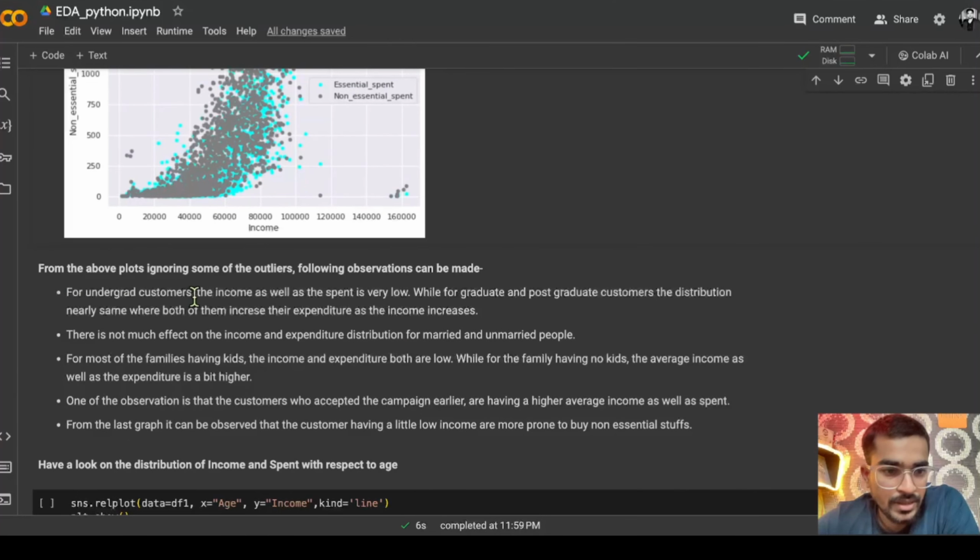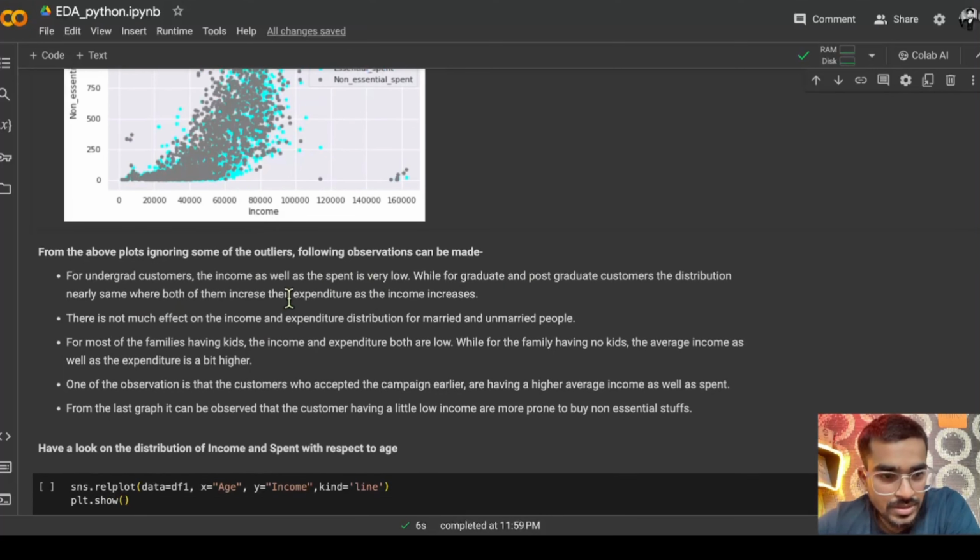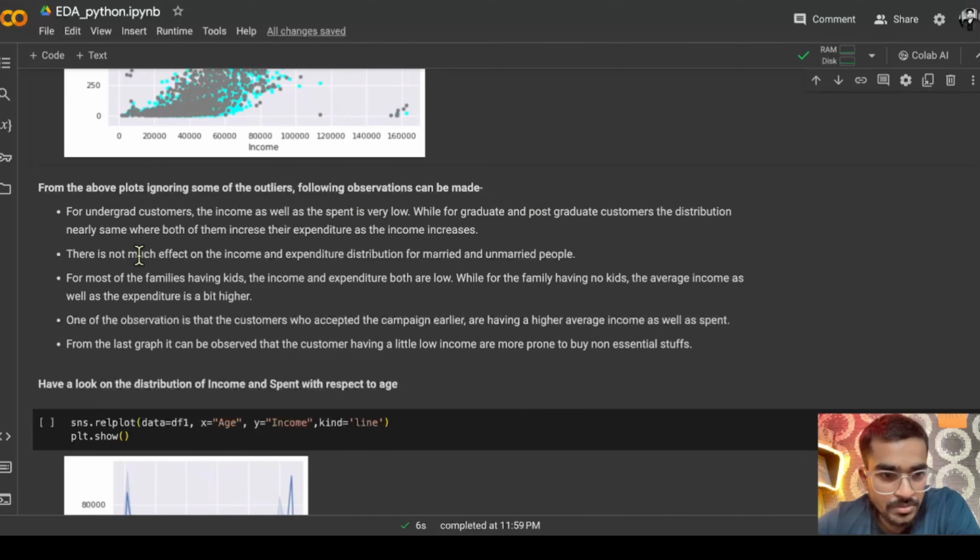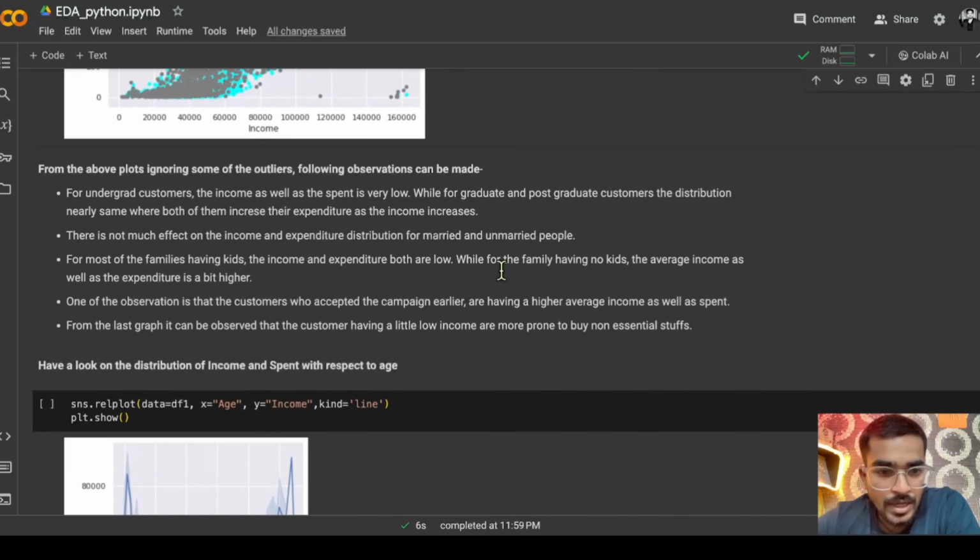For undergrad customers, the income as well as spend is very low, while for graduate and postgraduate customers, the distribution is nearly the same. So these are the things that I have observed. There is not much effect on the income and expenditure distribution for married and unmarried people. For most of the families having kids, the income and expenditure both are low, while for the families having no kids,